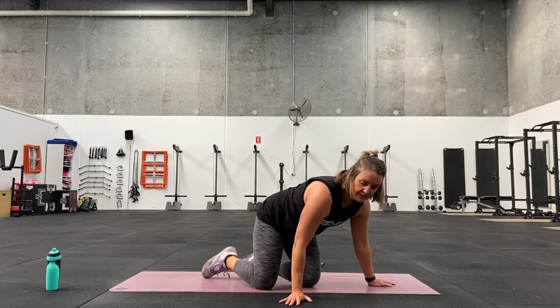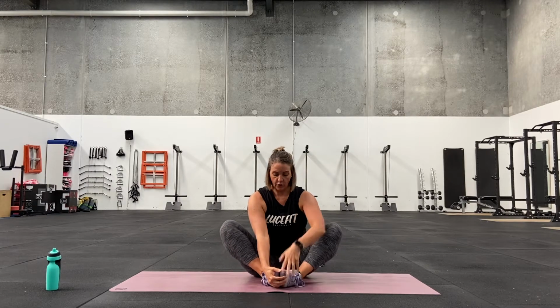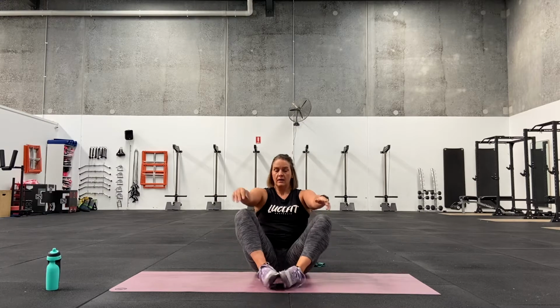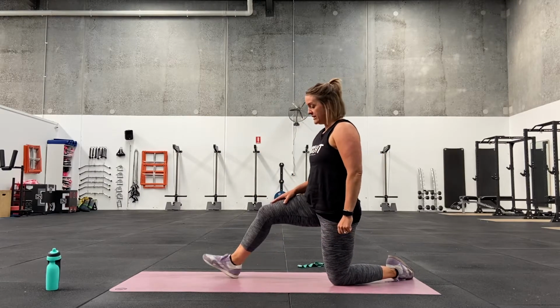And then we're going to come to seated, putting our feet together. And we're going to go through these seated butterflies. So just pulsing these legs here. This is a really good move to open up through the pelvis, through the hips. So squeezing and fluttering those legs. And perfect. Couple more little moves coming into a lunge, and we're going to take the foot forward